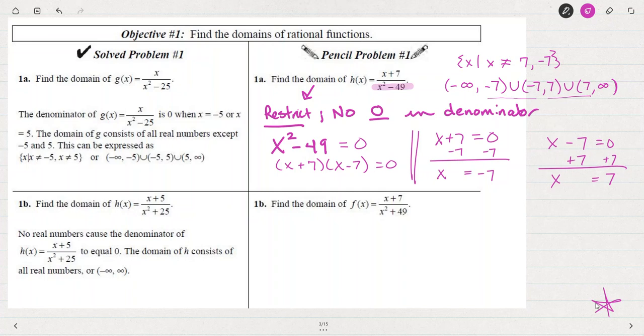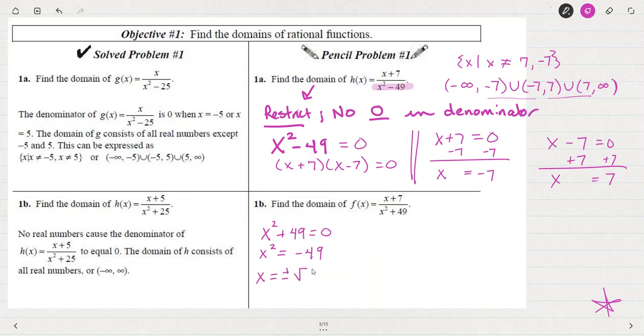This next example is quite different, because if we look at the denominator, the x squared plus 49, if we set that x squared plus 49 equal to 0, do you remember that that x squared plus 49 is the sum of two squares? There's no GCF. We can't factor this. Or if we tried the square root principle to solve this, we'd have x squared equals negative 49, and if we did the square root of both sides,